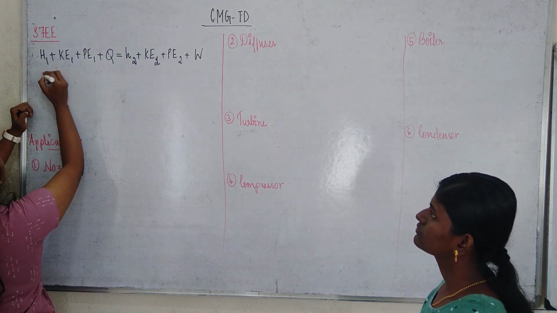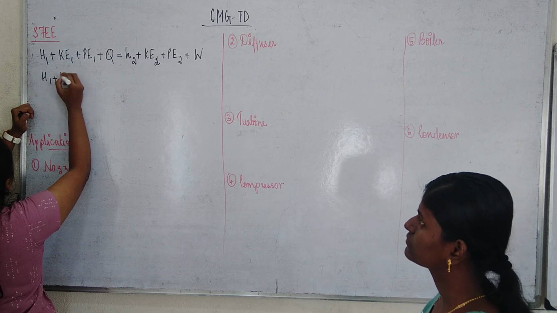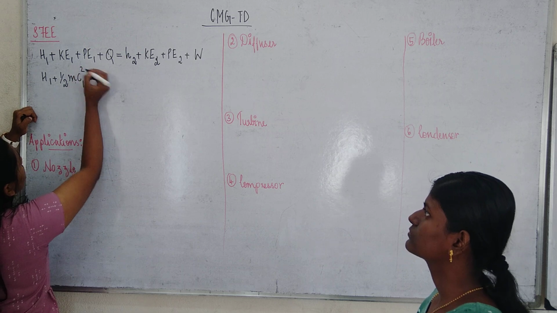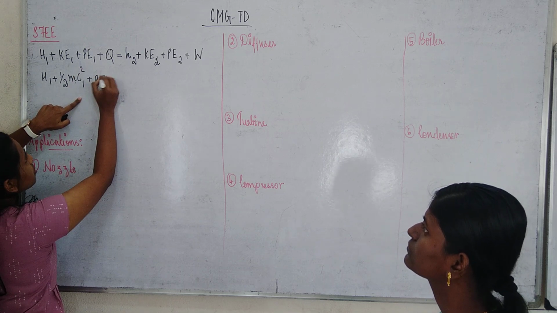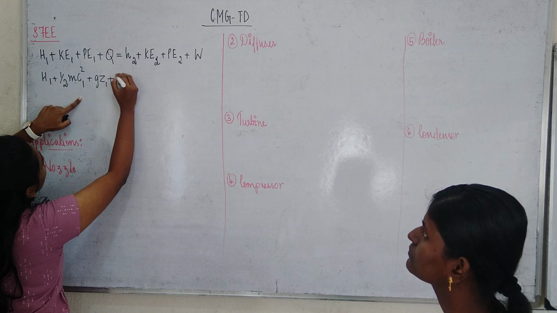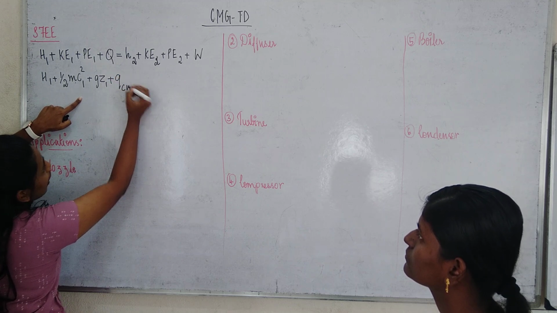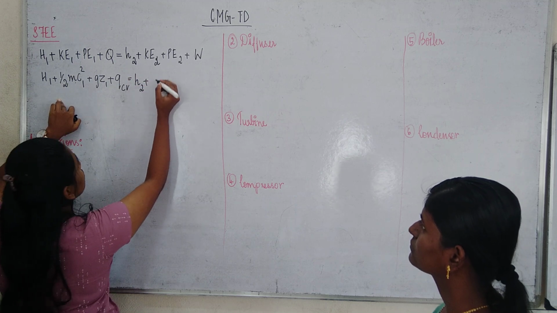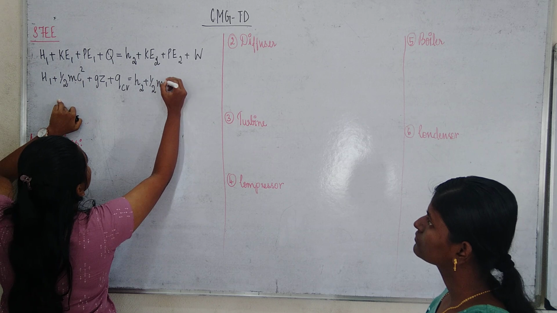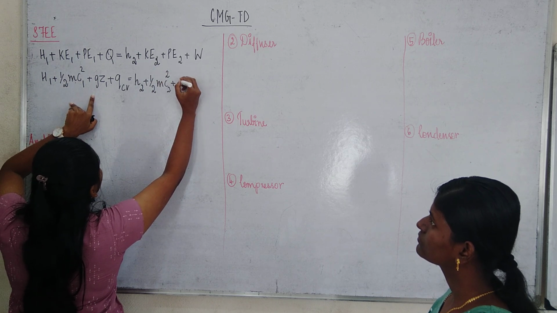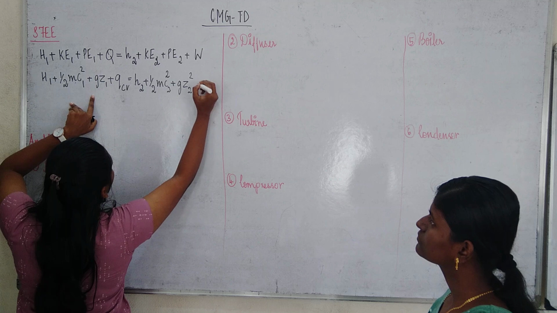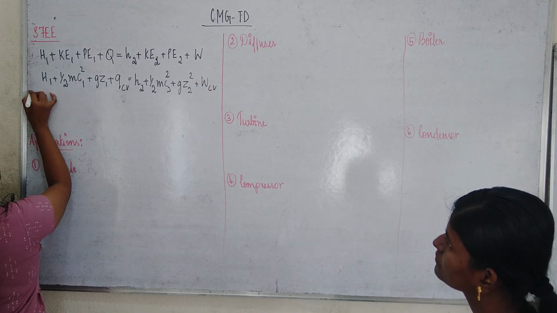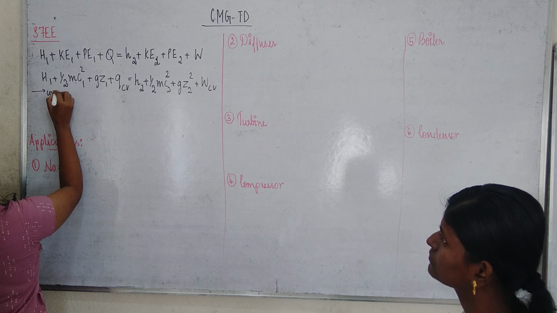So this can be written as H1 plus kinetic energy, which is half m c1 square. Potential energy can be written as g z1, plus heat added at control volume. It is equated to specific enthalpy H2 plus kinetic energy, half m c2 square, plus potential energy g z2, plus work done at control volume. So when we take this for unit mass,